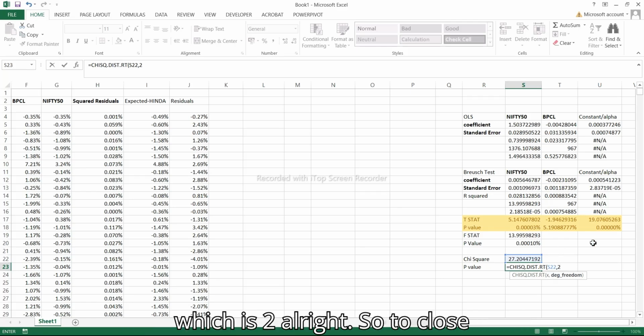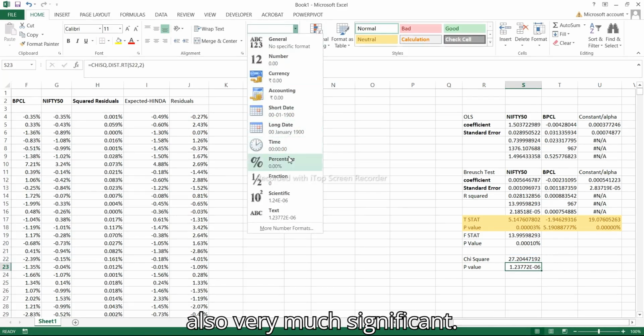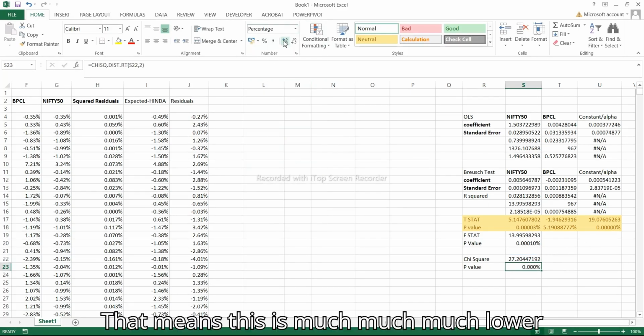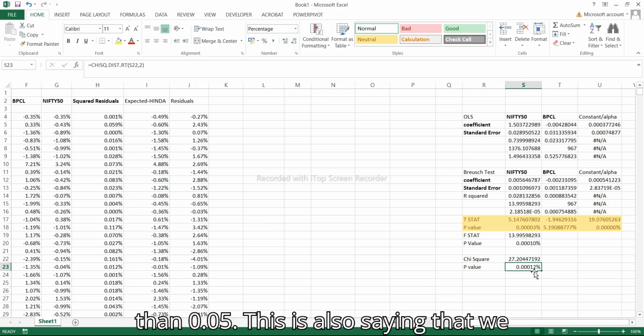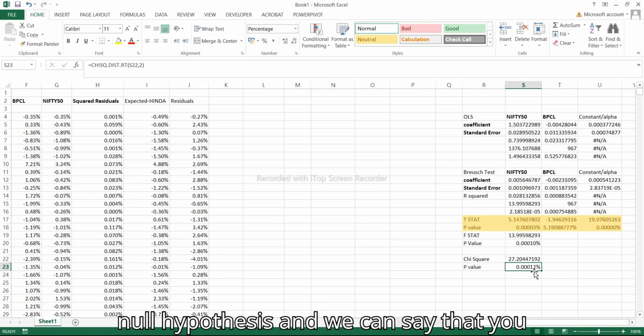So 2, close the argument, so hit enter. See, this value is also very much significant. That means this is much lower than 0.05. This is also saying that we can indeed reject the null hypothesis, and we can say that